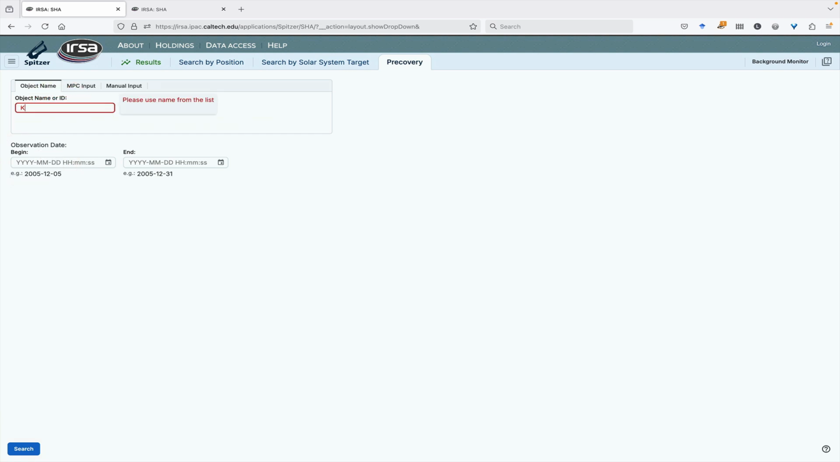Here you can put the name, like Karen, and then you have to give it a second to go find the NAIF ID, and you pick the NAIF ID. Then you need to tell it a range of dates. What it's doing when it does this kind of search is it goes, using the NAIF ID, to find the